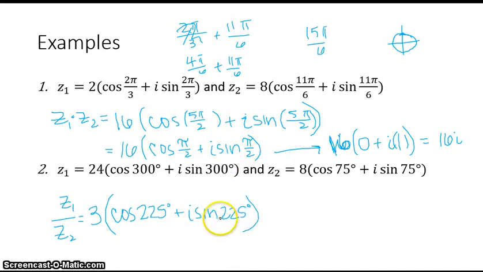So obviously when it's in degrees instead of radians, it's a little bit easier to add or subtract. But that's it. That's already between 0 and 360, so that would be my answer in trig form. If I wanted it in standard form,